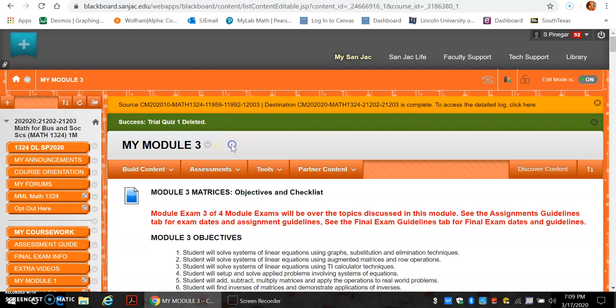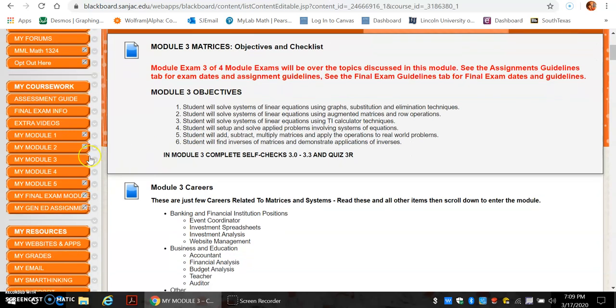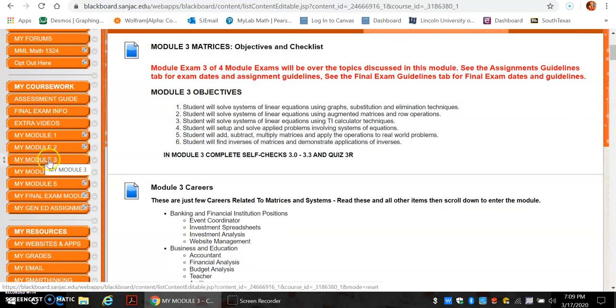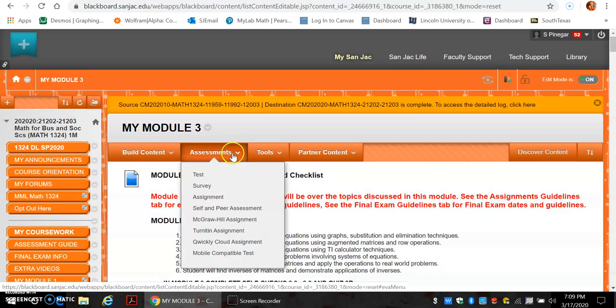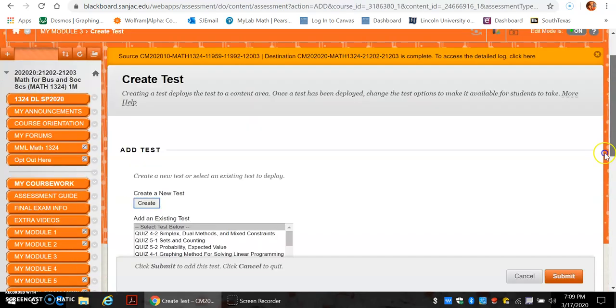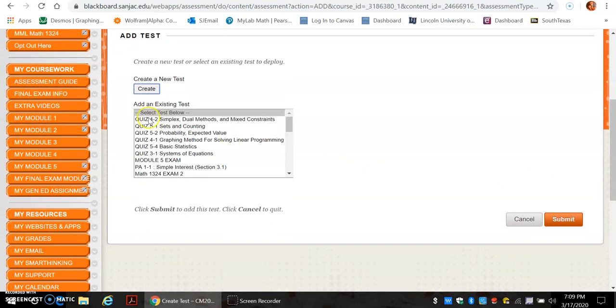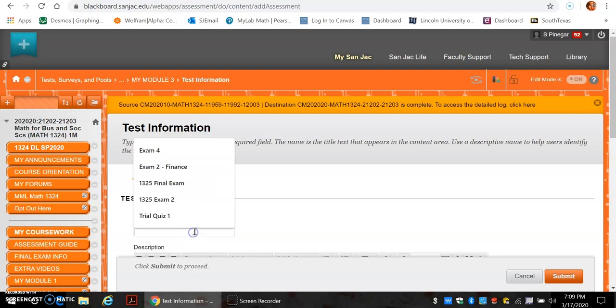I'm going to show you how to create a quiz or test in Blackboard, and I'll just refer to them as quizzes now, but they can also be called tests. So I'm going to go to Module 3 here in my Blackboard course. I'm going to go to Assessments and type Test. You can pull a test out of your library here if you have some in your library, but I'm going to create a new test by hitting Create, and then I'm going to call it